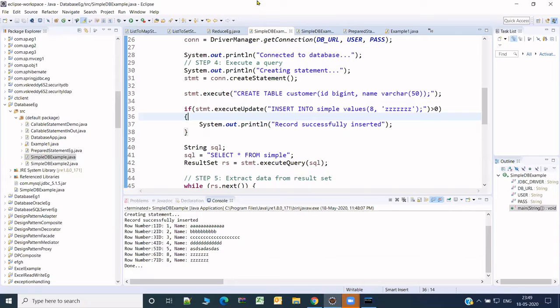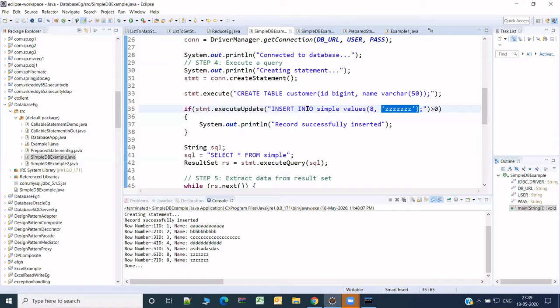Also one more thing called prepared statement. So what is the difference? See, in case of statement, everywhere we need to send the actual values like this, because you need not hard code, you can take it as an input from the user. But there is something better called prepared statement. In case of prepared statement, first the statement is prepared and then the values are set. Okay. So what is the advantage?